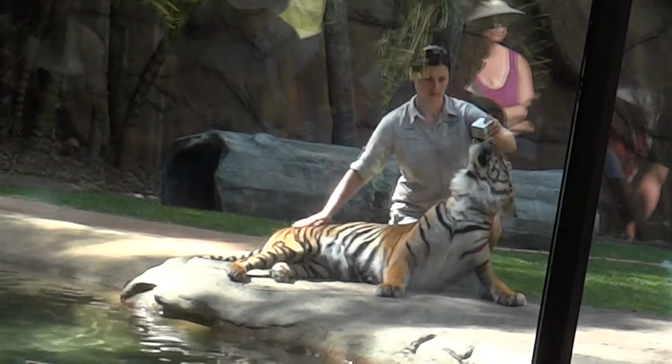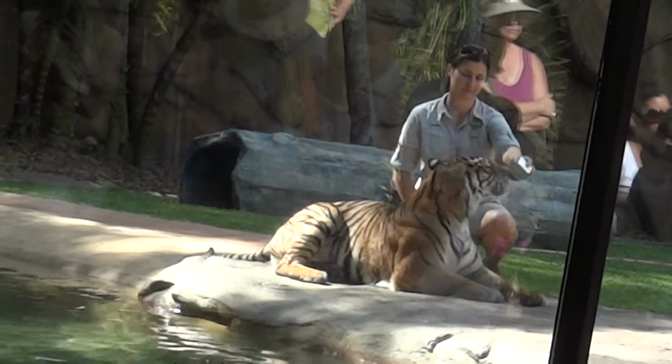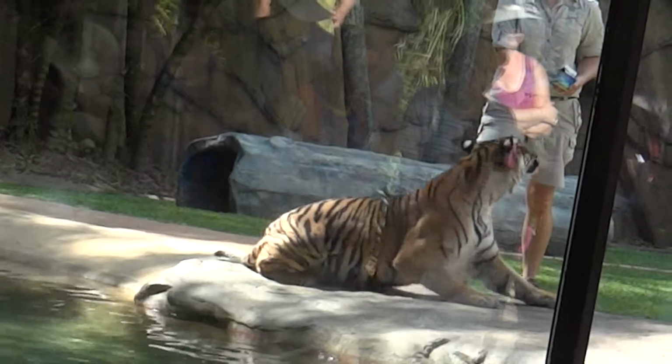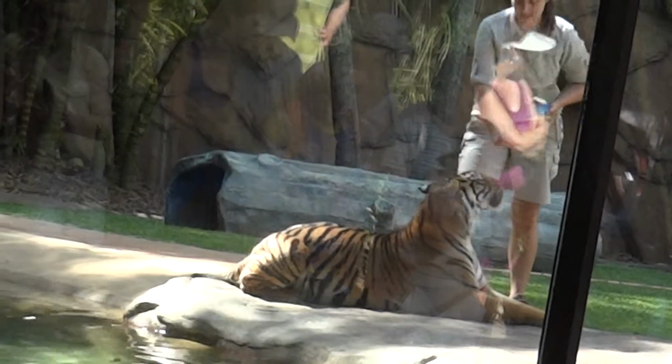It's very stressful and very dangerous to sedate any animal. So it's just something that we condition them to from when they're very, very young, so they're used to that sensation. So when we need to do any health checks to see what's happening on the inside, we don't have to, as I said, knock them out or put them under any unnecessary